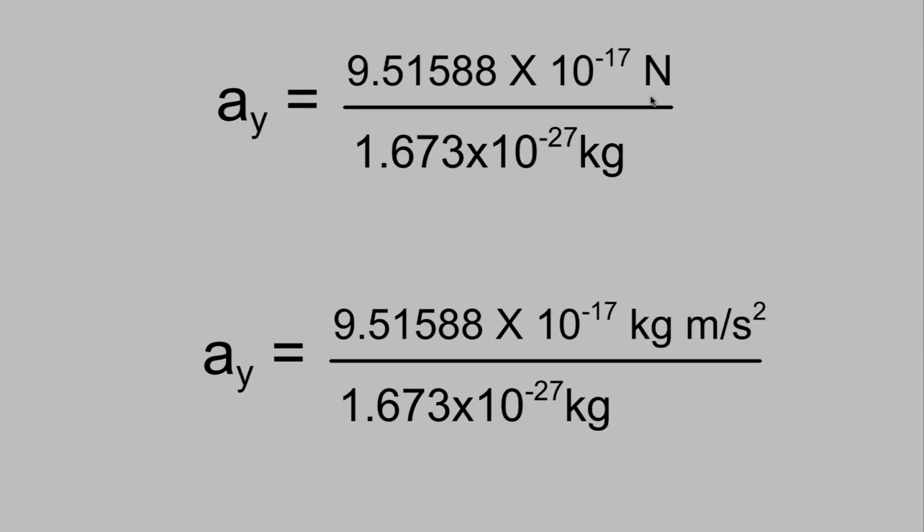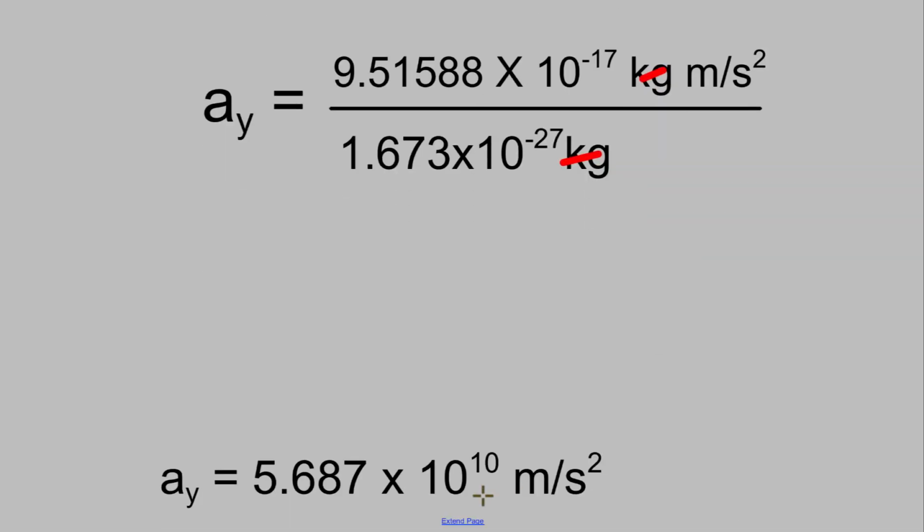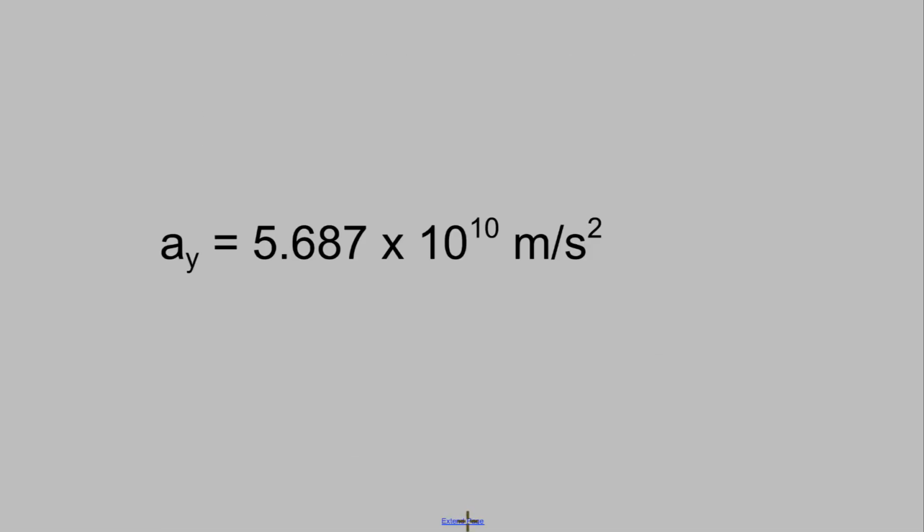So newtons is not a base unit. The unit of newton is actually a kilogram meter per second squared. So now we've got kilogram meters per second squared over kilograms. Kilograms will cancel out. Now we're left with 9.51588 times 10 to the negative 17 divided by the mass of the proton, and the units will be meters per second squared. So the acceleration of the proton in the y direction is 5.687 times 10 to the 10th